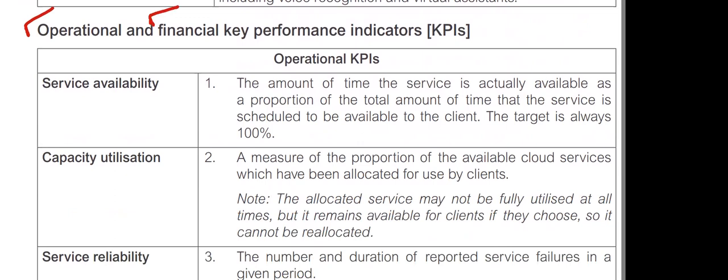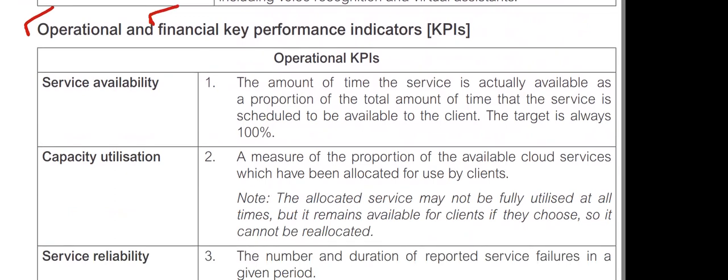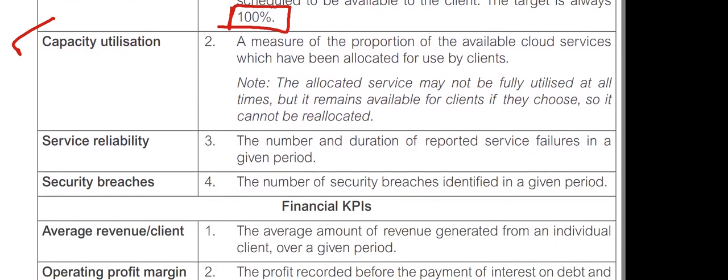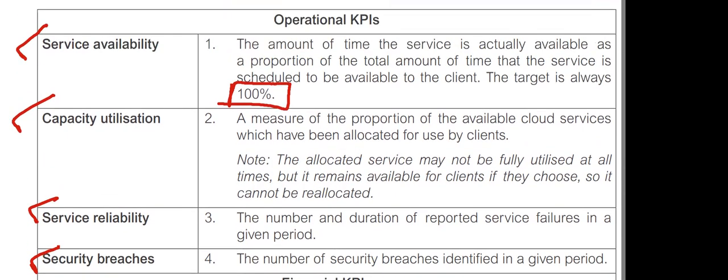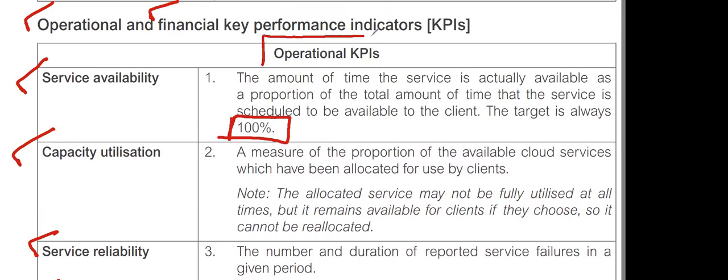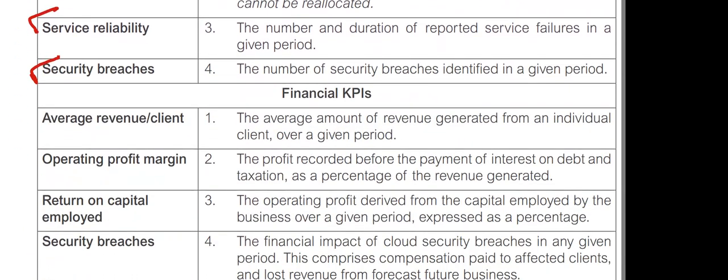Operational and financial KPIs have been defined like service availability, for which the target is 100% capacity utilization, service reliability, security breaches. This is how you measure your operational performance in this area, right? And then from the perspective of financial KPIs, you have the average revenue per client, average revenue per user,